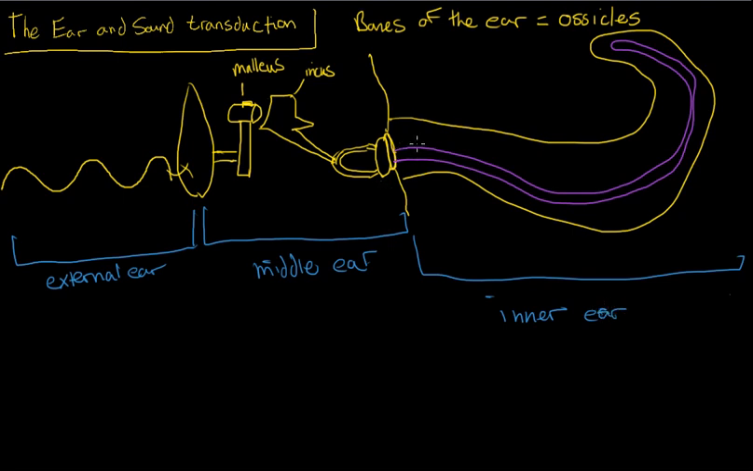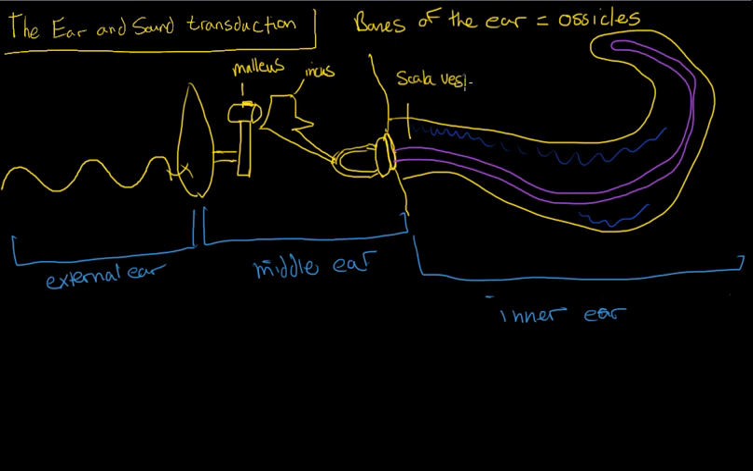And they're going to travel through a fluid that's found right here. There's fluid all throughout here, and inside here as well. But this fluid that the sound travels through first is called the perilymph fluid, or perilymph. And it's found inside of the scala vestibuli. Scala vestibuli. So this area is the